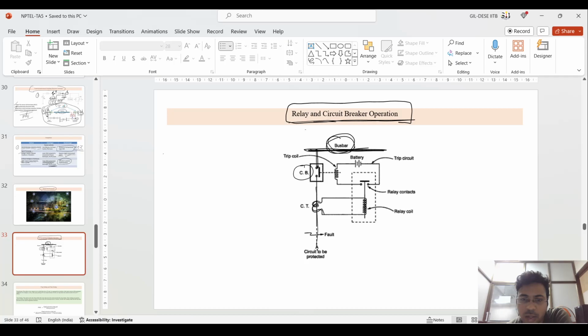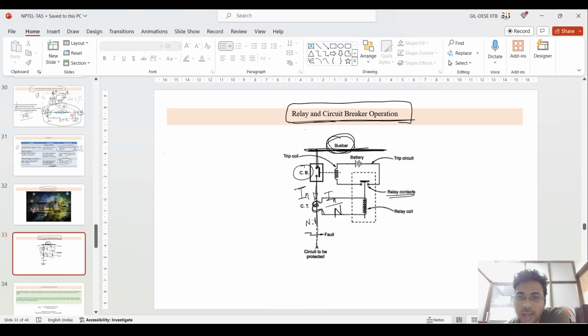This is the circuit breaker, which is connected to this CT. It is connected to the CT and transferred to the circuit which is being protected. So if there is a fault in between, in normal operation, this is the I normal which flows, and the CT has a certain ratio. Suppose it has an N:1 ratio, it will step down,